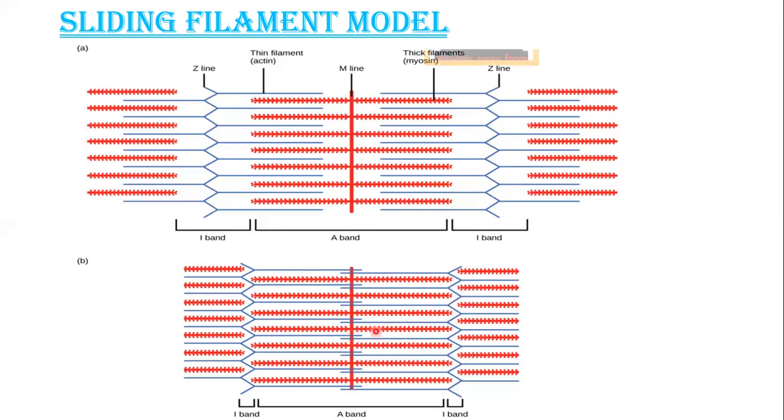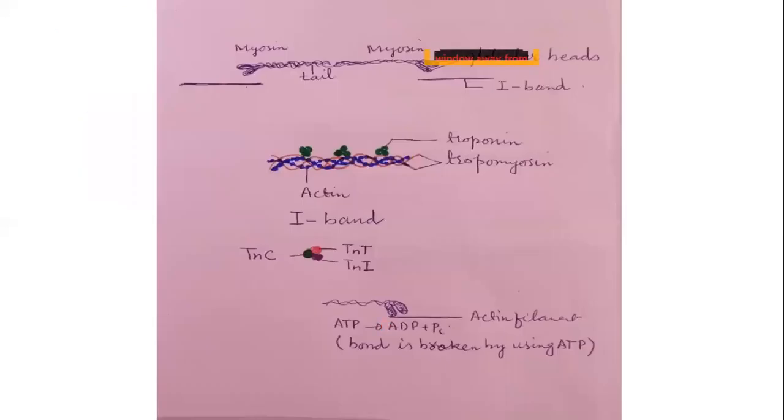Now, how does all this happen? Let me explain it with the help of the next figure. You know that actin filaments consist of not only actin protein, but they also have two strands of another protein called what? Tropomyosin. Along with tropomyosin, there are three subunits of another protein present at intervals on the I band, called what? Troponin. This troponin has three small polypeptide chains or three subunits.